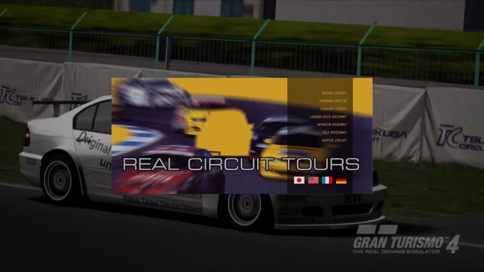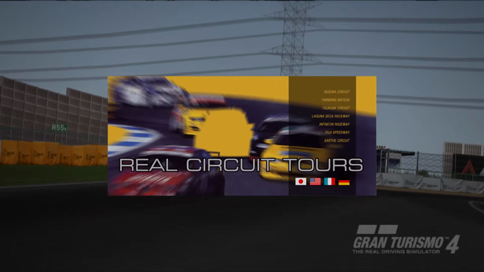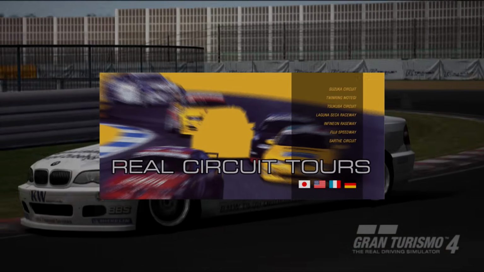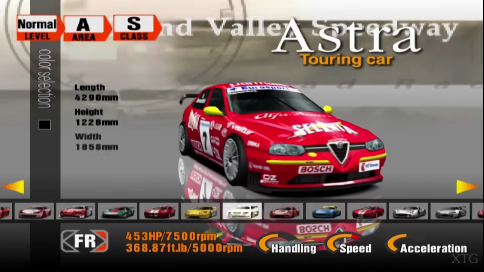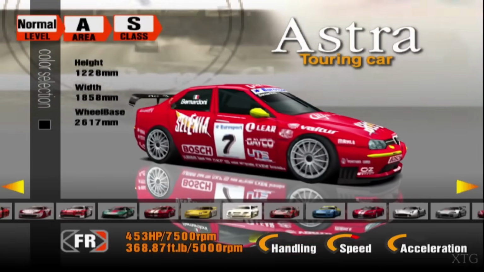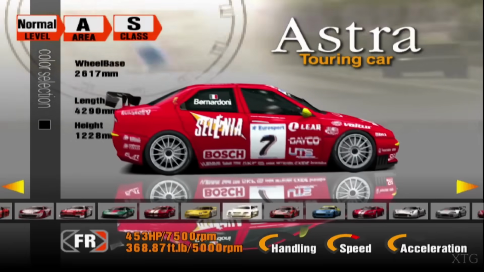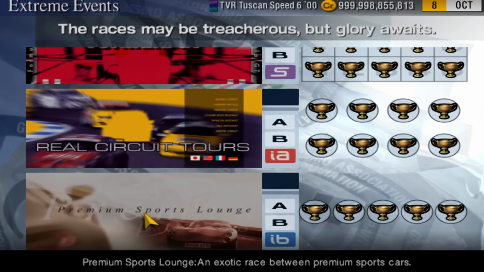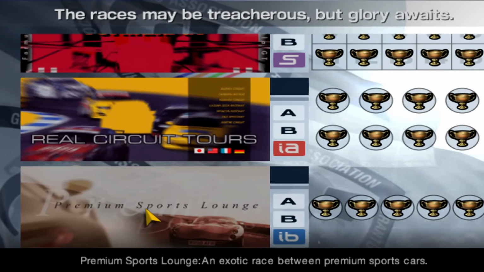In the thumbnail we also see a few other cars that don't appear in the game, such as the Seat Toledo and Alfa Romeo 156 touring cars. Fun fact, a previous version of the 156 that competed in the European Super Touring Cup was discovered as a cut car in GT3. Now, let's round things off with the Premium Sports Lounge, where the most prominent car shown